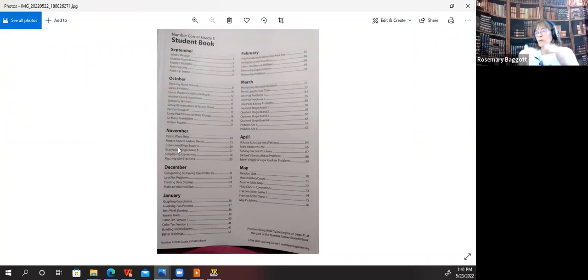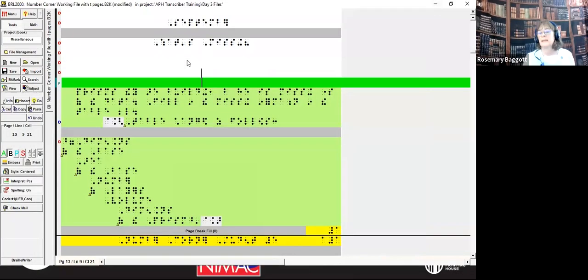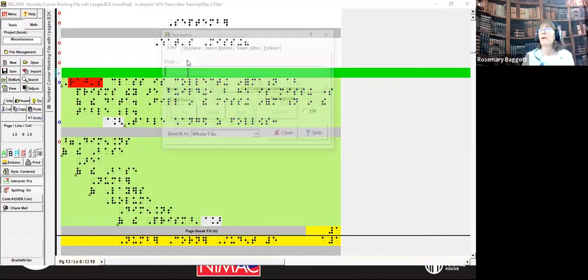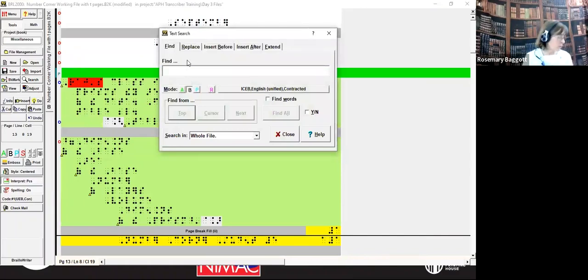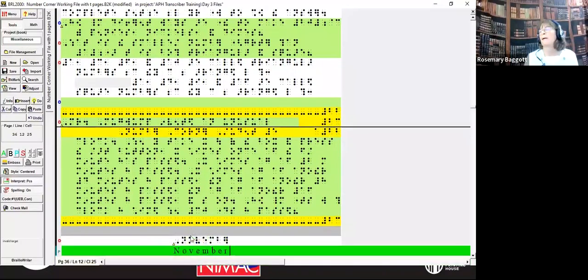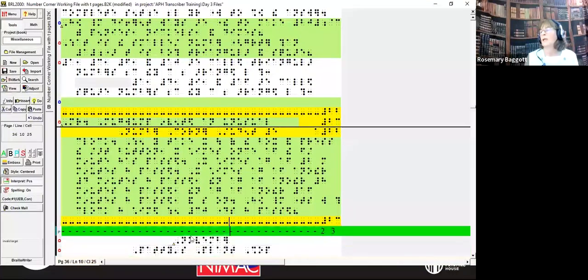So when I'm transcribing, I will have already gone through the file. I've gotten up to print page 23, and that's where I'm going to break. Now, I don't have that file right now. This is a sample. So I'm just going to set a bookmark right there. And I'm going to do a search for November. I'm going to take it from the cursor, and it takes me down to page 23. And we see the page 23 there.